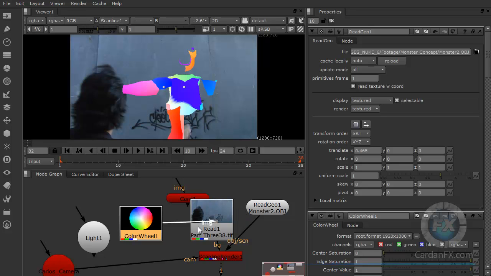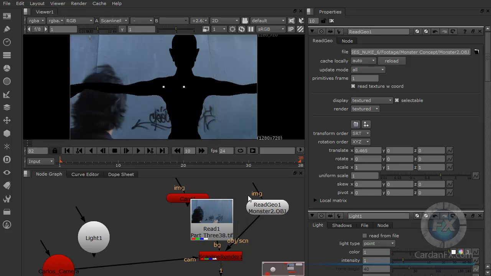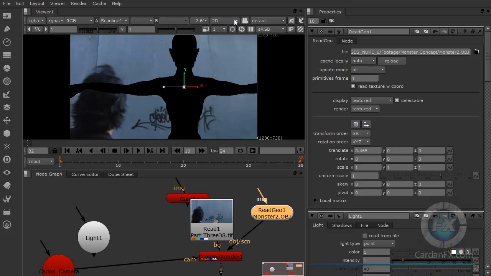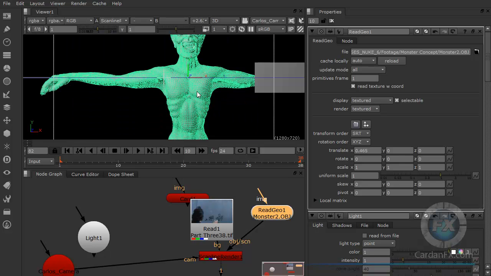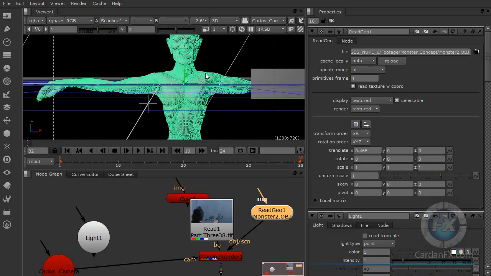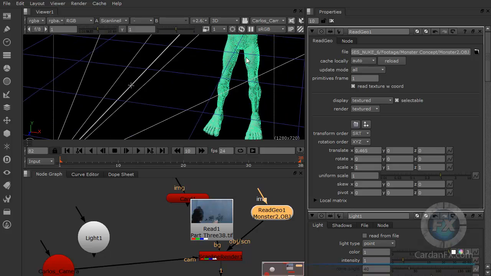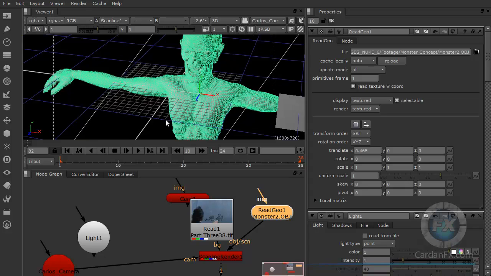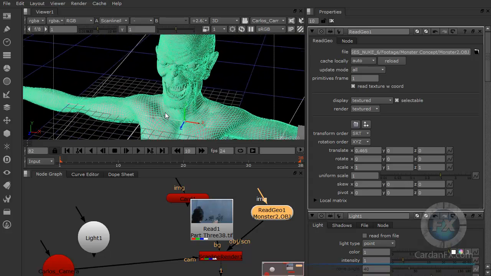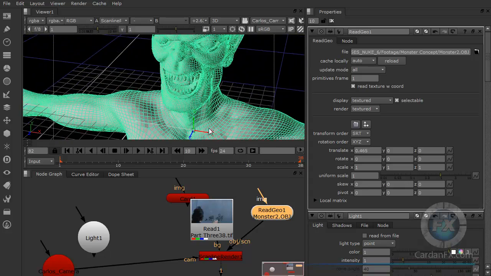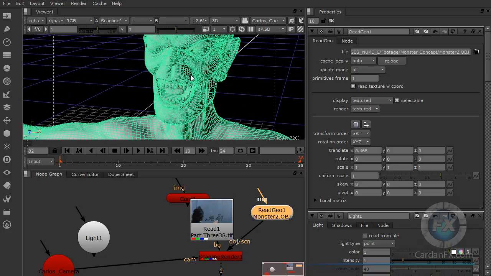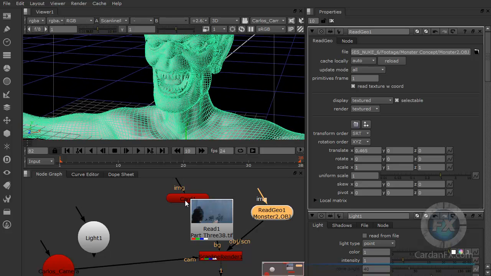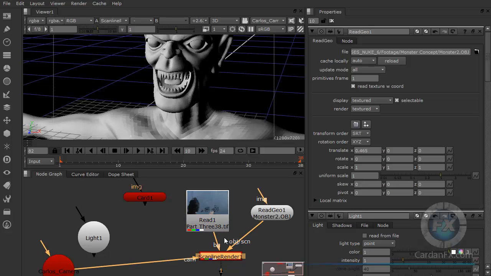Now let's do something else. I'm going to take this and show you the object inside the 3D view. So we're going to go here, and there we go. This is our object, and this is one object that my dad actually created a long time ago. So we have this object right here, and if we go back to our 2D, we don't have